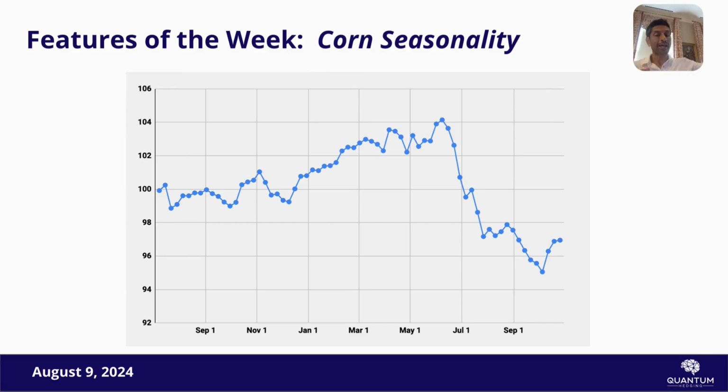So, is there a pattern when you average it all out? You average the last 30 years, and you say, let's start in the middle of the previous year and then go all the way through the crop year. What's the pattern look like? Both corn and beans have some pretty good seasonality.